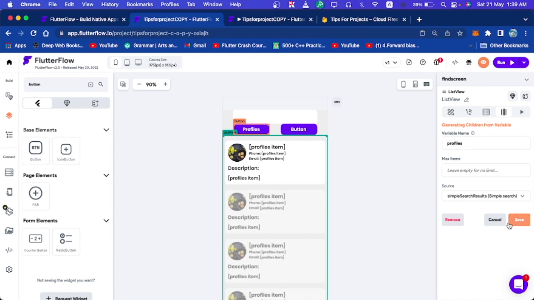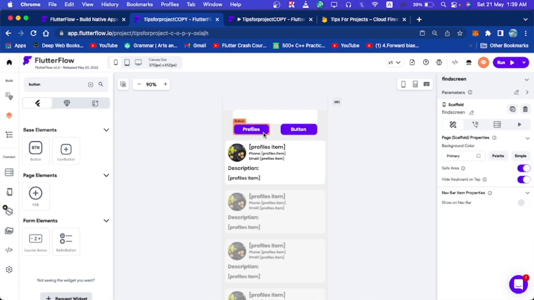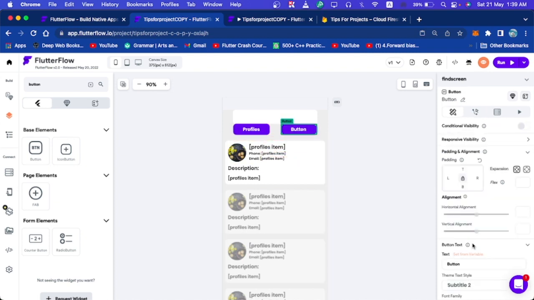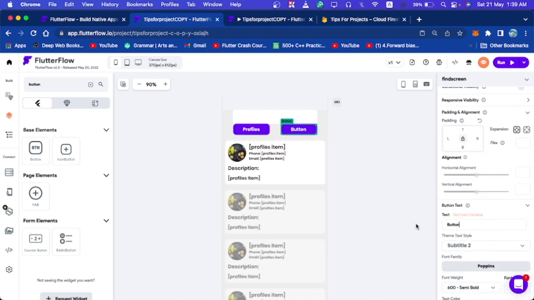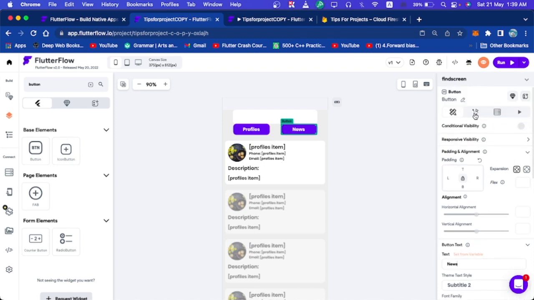So all the errors are fixed, which means that if we click this profile button, it would show up this list view with the profile data. And now we need another button. We call it news. And now if we click this button,